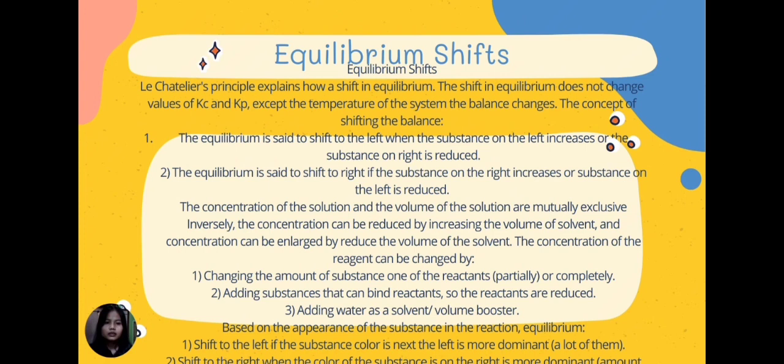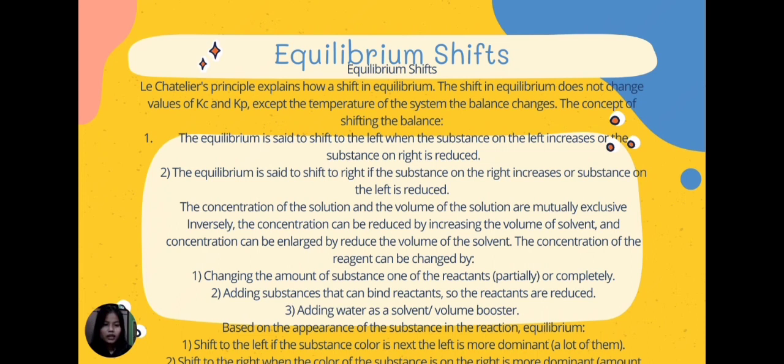Next, equilibrium shift. Equilibrium shift, Le Chatelier's principle, explains how a shift in equilibrium occurs. The shift in equilibrium does not change the value of K, except for the temperature of the system. The concept of shifting the balance: